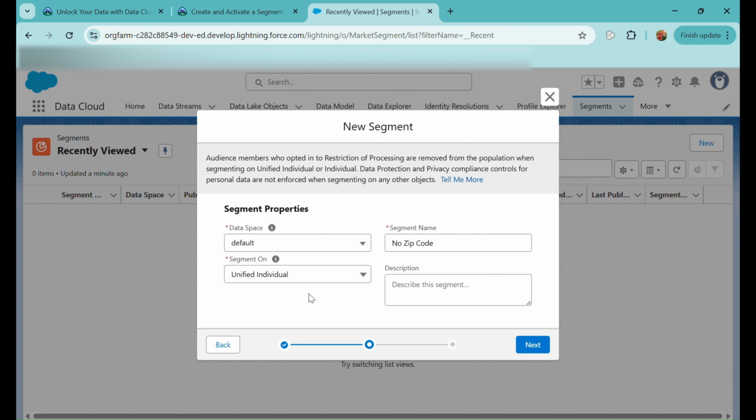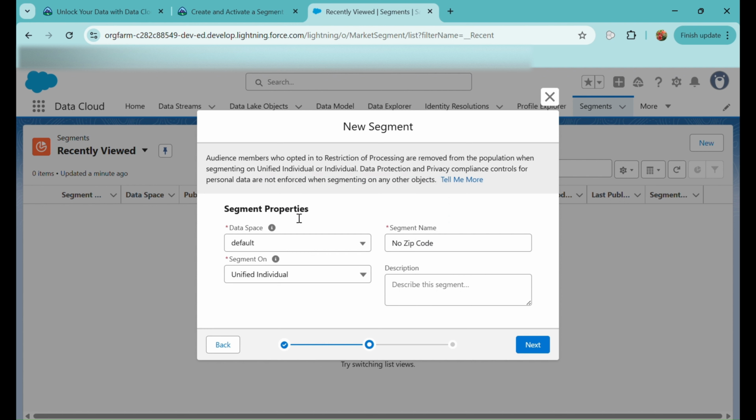Then we created the identity resolution and the unified profiles using it. So using that, we got the unique profiles in this Unified Individual DMO. After this, our requirement is that we want to segregate the profiles of users who do not have any zip code. For our future purposes, whenever we want to refer to the users who do not have any zip code, we can just refer to this segment and it will be useful for us.